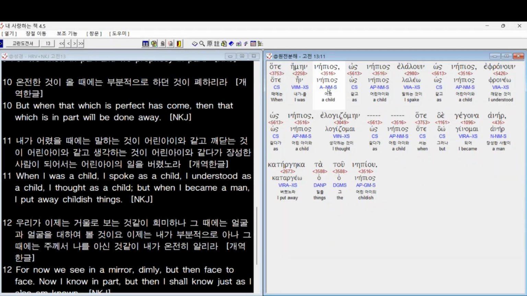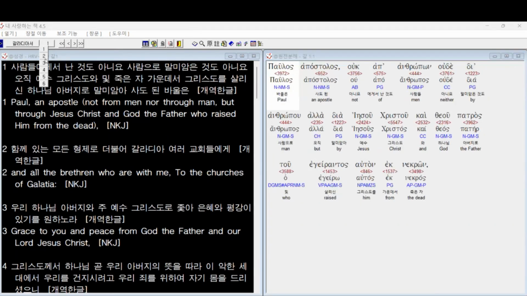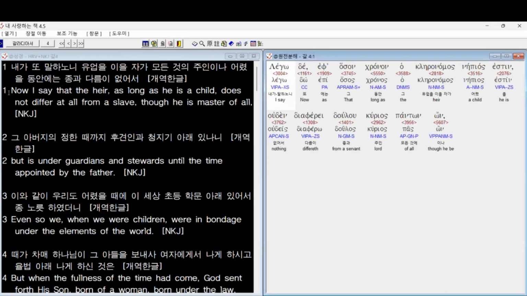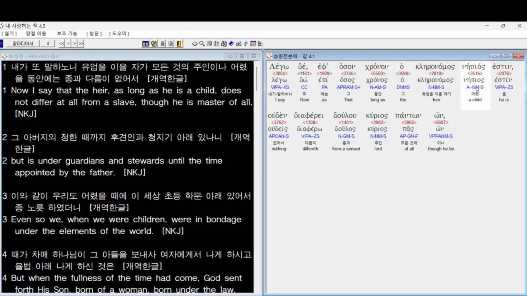When I was in Babylon, confused knowledge, mixed knowledge. Not only here, when we go to Galatians chapter 4, verse 1, now I say that the heir, as long as he is a child, the same word, nepios, infant, immature Christian, not speaking the truth of God,